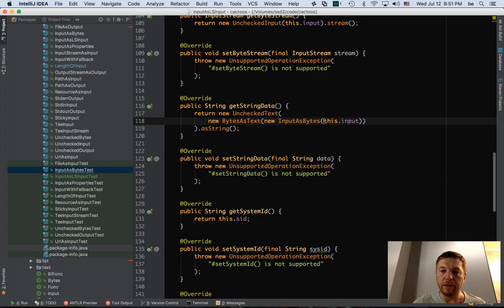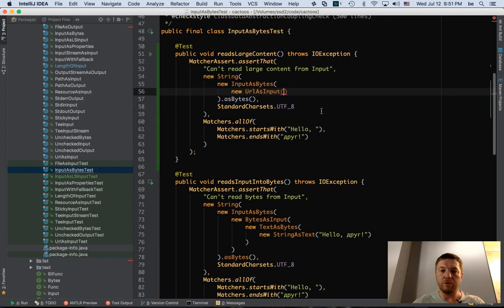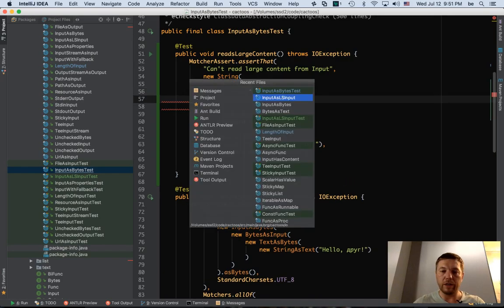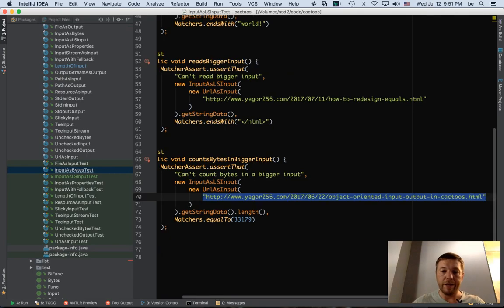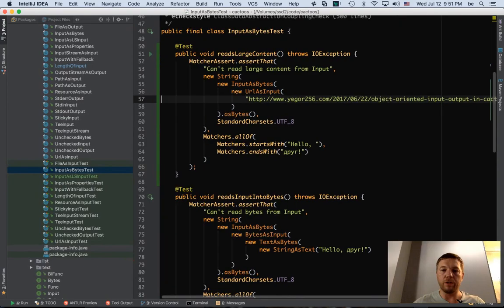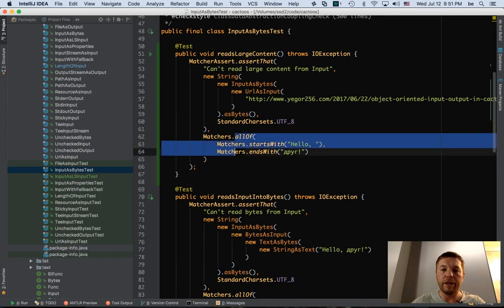Input as bytes, and then there's some input in here. Okay, let's do URL as input, and we do exactly that, with exactly my blog post. We could try another, but let's use this one. So we put this URL in here, and we say input as bytes, string, matchers, and with.